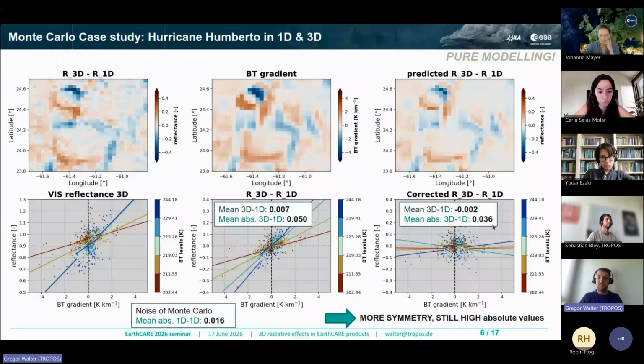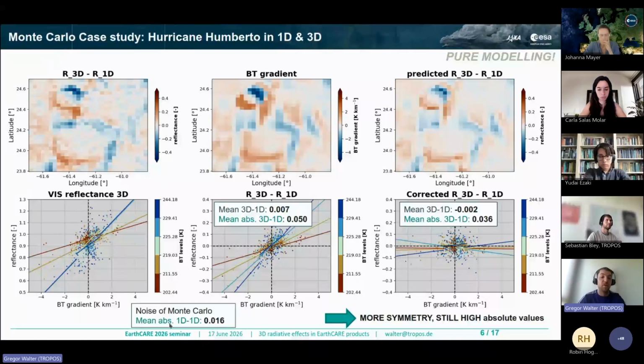And so we can solve parts of the 3D radiative effect, but the method cannot predict it perfectly, and so there might be more effect related to the cloud top structure, and part is also attributed to the noise